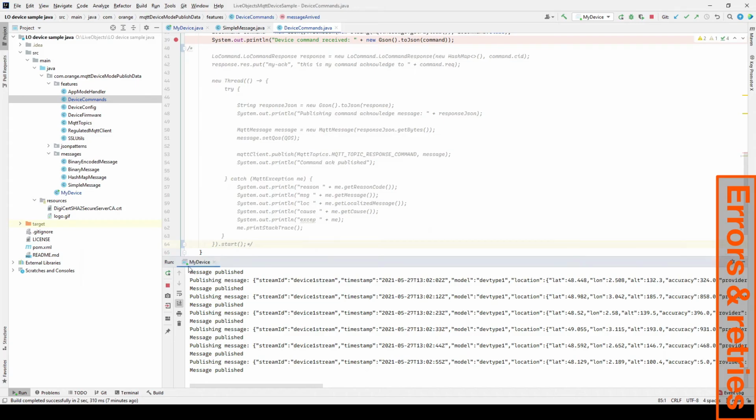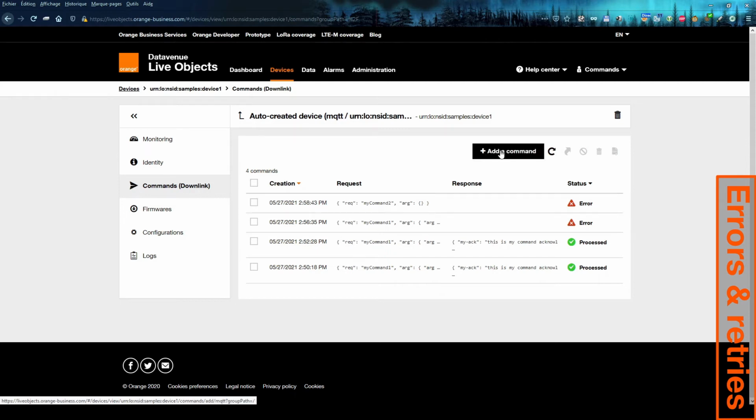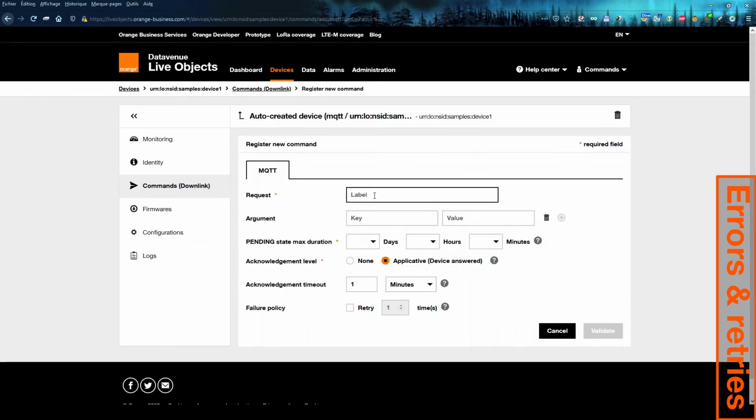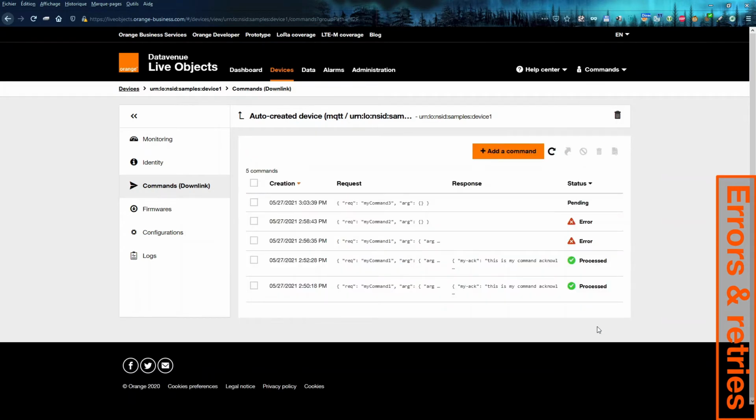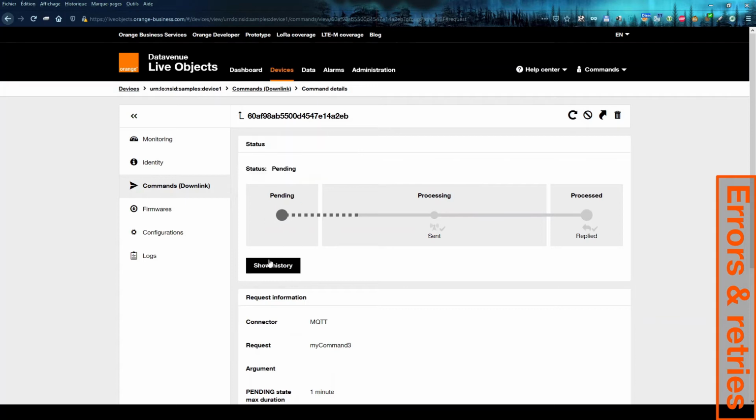Fine. Now, what if I stop my simulator and start a new command? So here I will set a pending state duration to 1 minute and with 1 retry. We see here the pending state.